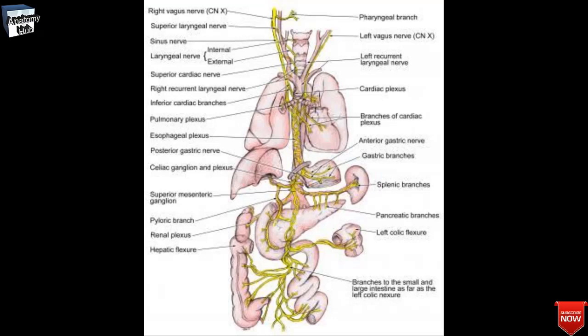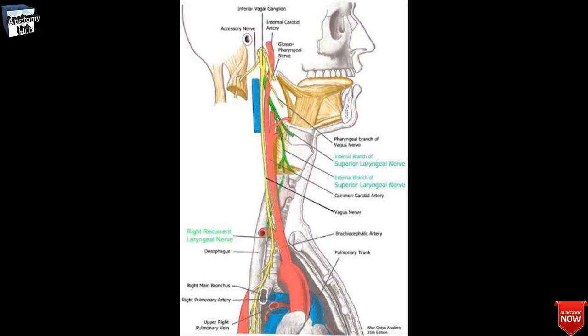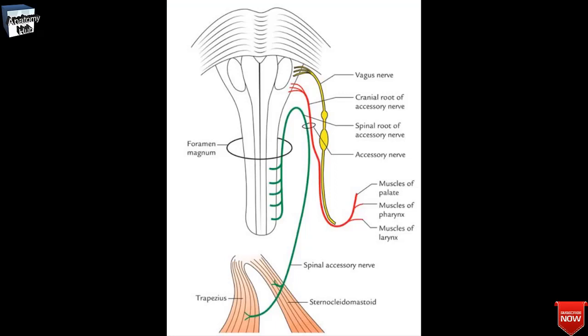The sensory function of this vagus, mainly the somatic and the visceral components, gives the sensory function of this vagus nerve. So the somatic refers to the sensation from the skin and muscles. This is provided by the auricular nerve, which innervates the skin of the posterior part of the external auditory canal and the external ear. Like that, we will see the accessory nerve, that is the 11th cranial nerve, and it has a purely somatic motor function innervating the sternocleidomastoid and the trapezius muscle.